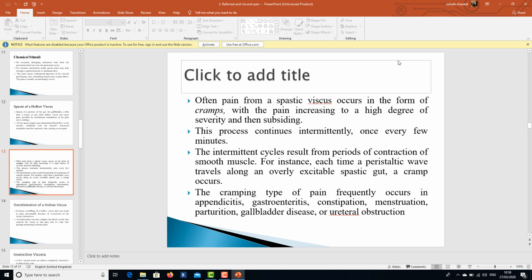So if the scenario comes to you that a patient comes with a history that there is a sort of pain in the abdomen which comes and goes, so this is actually going to give you the idea that this is a crampy sort of pain which is coming from a hollow type of viscera. So we are going to ask the areas and then further history taking is going to help us to get to the right answer.